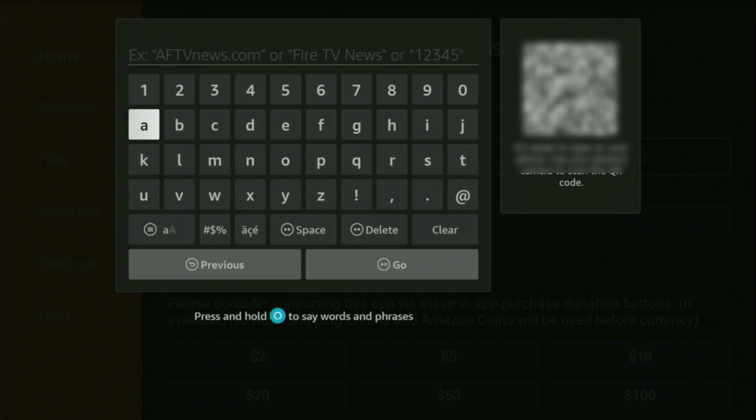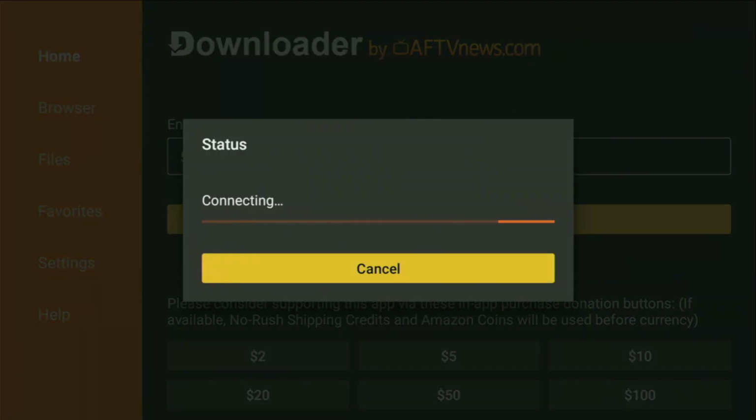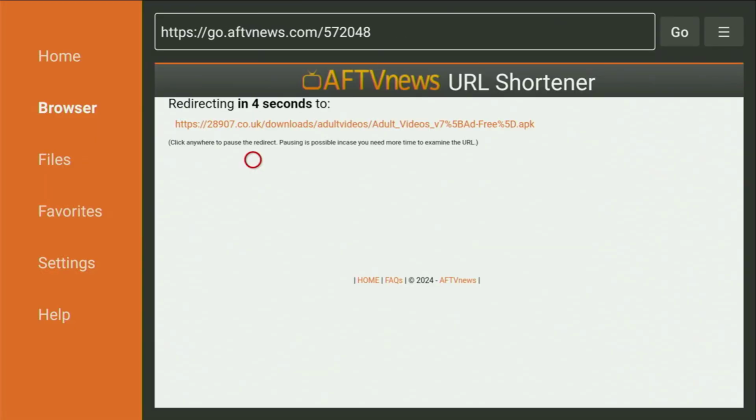And now in the search bar, we need to enter the code. So the first code is gonna be 572048. So once again, it's 572048. That's the code that you have to enter. Then click on Go, and while it's loading,